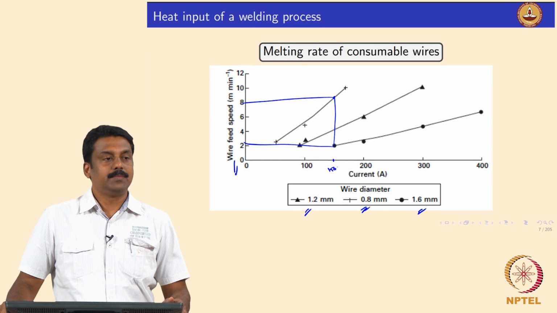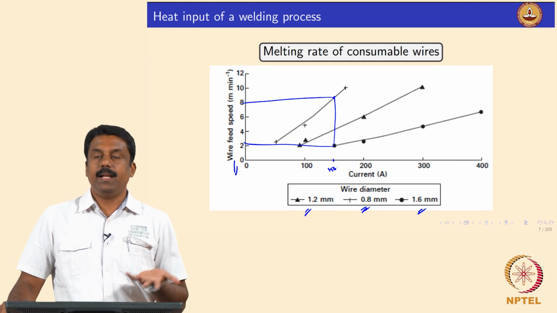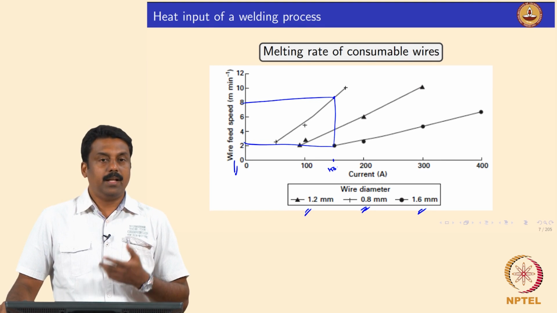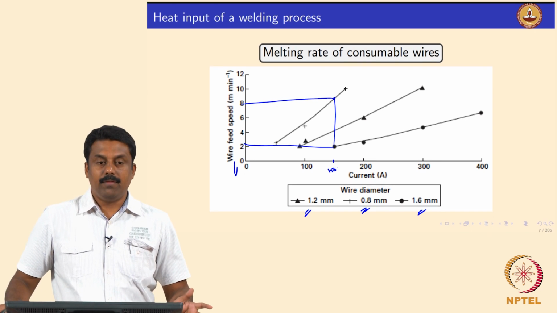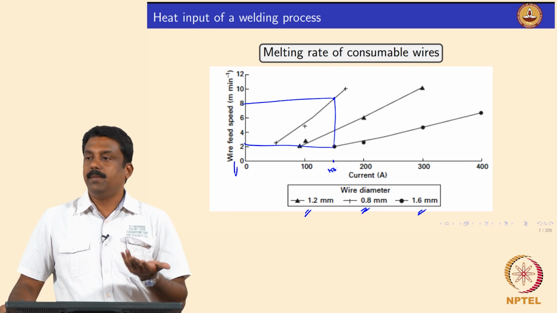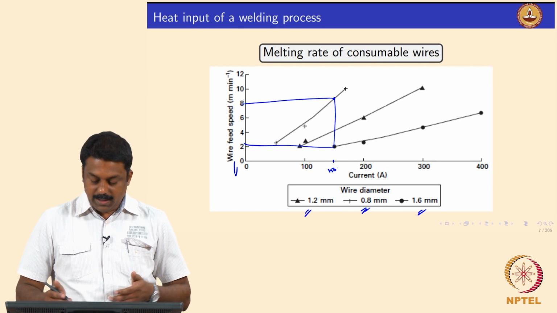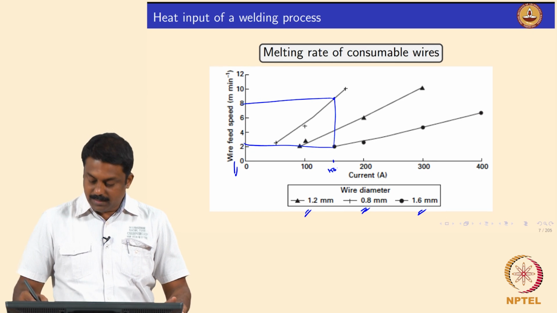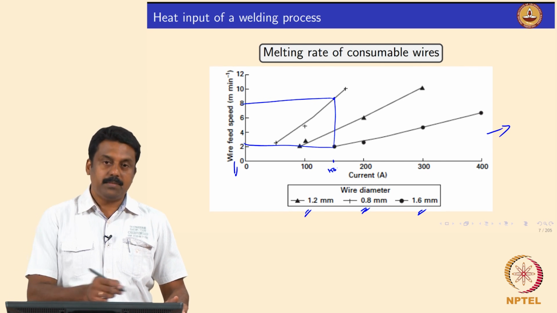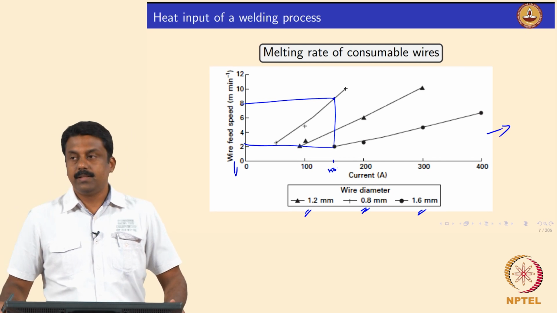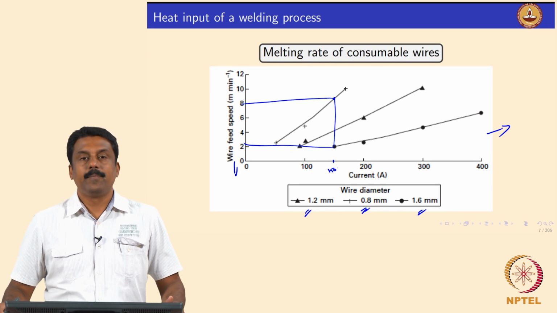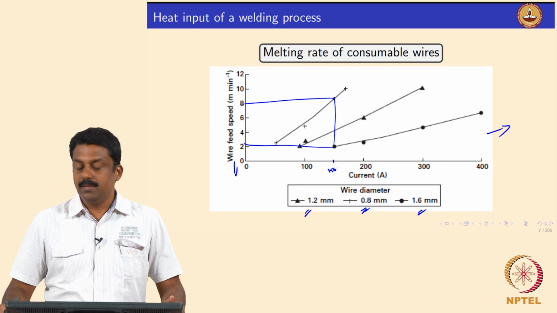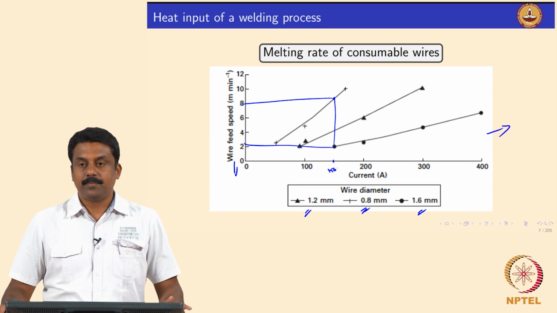Yes, it's clear. So, that is how the melting rate is influenced by the diameter and the stick out length. Obviously, current also has a serious influence. If you increase the current, the melting rate also increases significantly for a given diameter, and in this case the stick out length is fixed when doing the experiment, I think 10 mm stick out length. So, diameter is changed independently to see the effect on the melting rate. Yes, it's clear. Good.